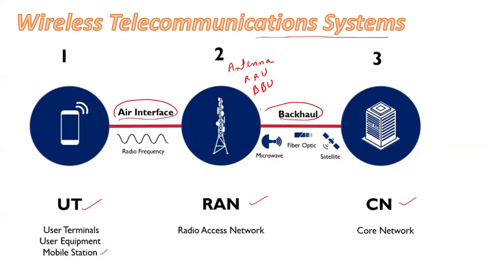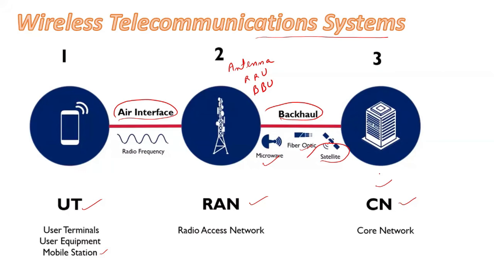The core network is responsible for various things like routing traffic between different networks, and also provides services like voice calling, messaging, and data service. There are different means to connect the RAN and the core network. It can be fiber optic, it can be microwave. And if there is a challenge in the terrain or a large distance, where you are limited by the curvature of the earth, then you will use a satellite to connect the RAN and the core network. So these are the main components of a wireless telecom system.